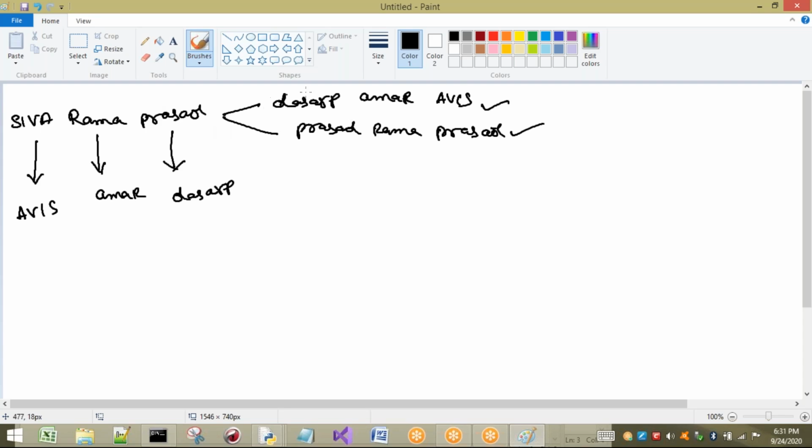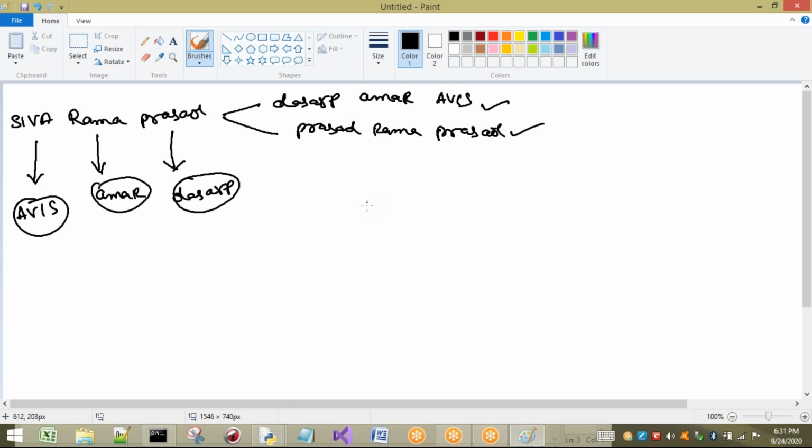Here, if you observe the concept, I am taking this one and reversing, taking this one and reversing, taking this one and reversing. That means first I have to select each and every individual word in a string. After that, what can I do?